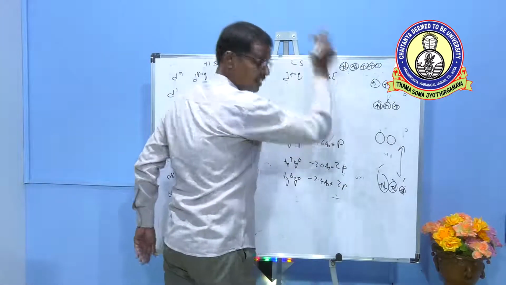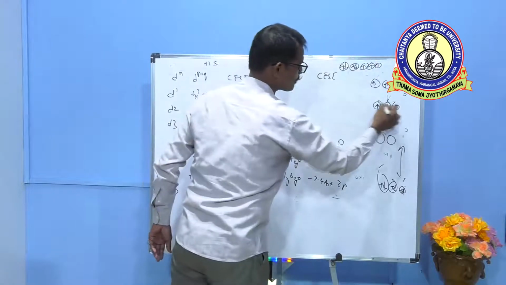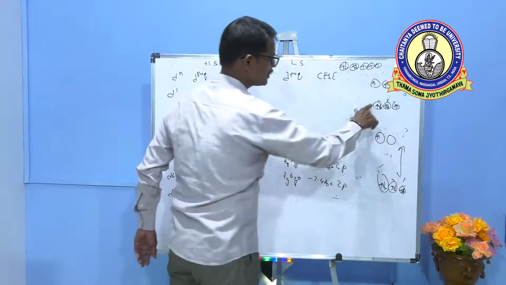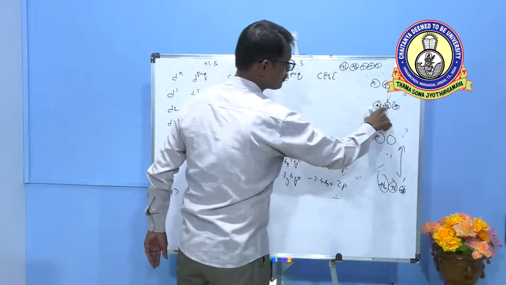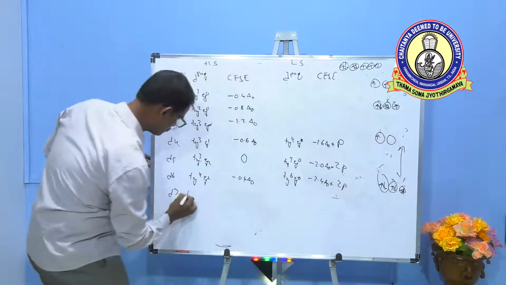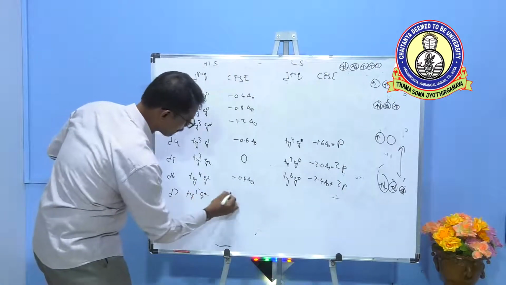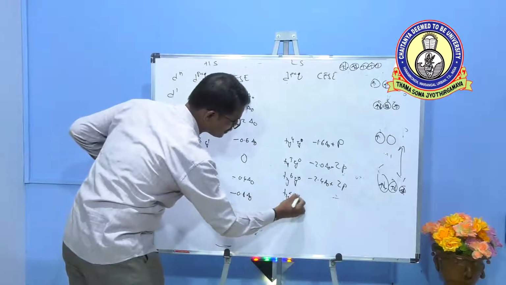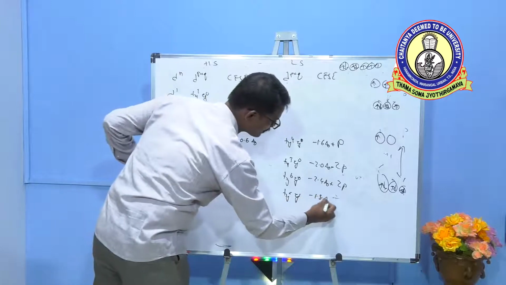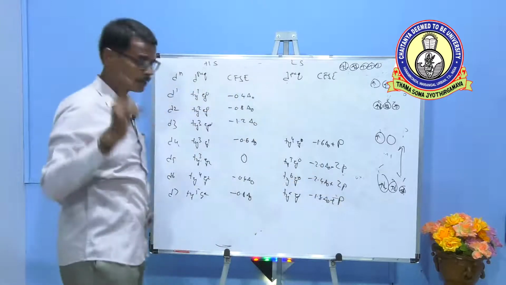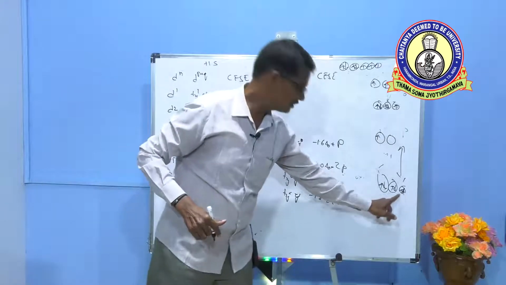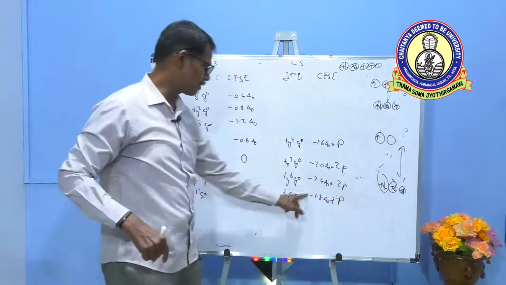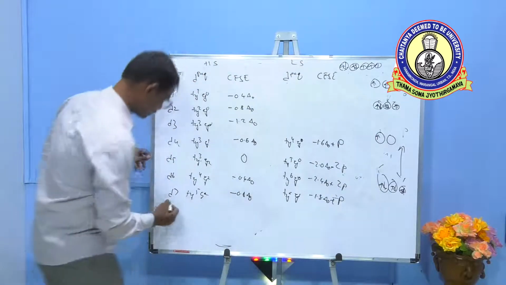D7. Two pairs are already present in the original. So here the electron is paired, and here 2 pairs are not considered. And here the sixth electron goes here. High spin is t2g5 eg2, which gives minus 0.8 delta O. In low spin, t2g6 is over, then the electron goes to eg1, giving minus 1.8 delta O plus P. Why consider 1P? Here 3 pairs are there, but in these 3, 2 are present originally, so only 1 is newly formed. So minus 1.8 delta O plus P.